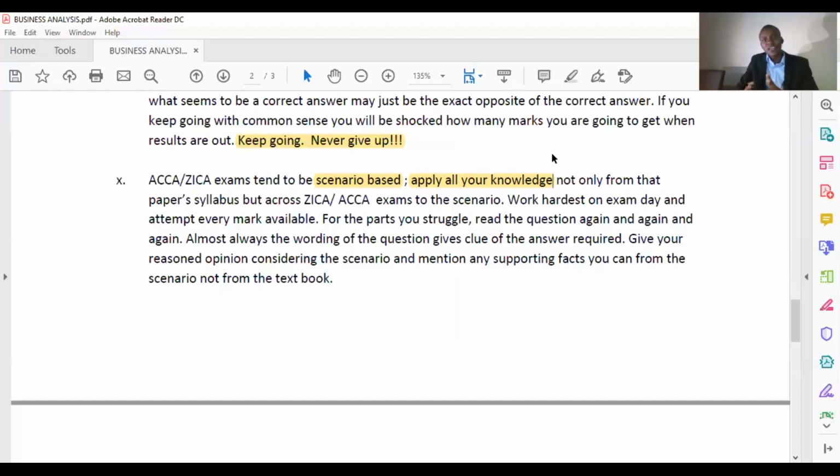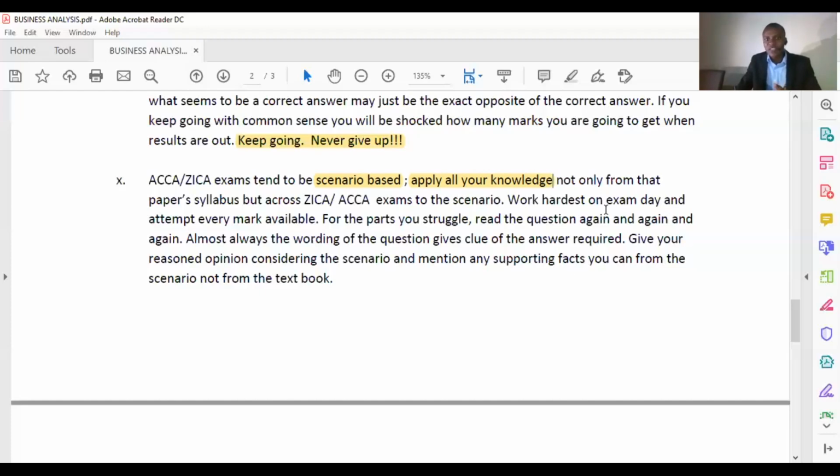What this means is that there are some things that may not be in the syllabus of this exam at all, but if they make sense, they can be applied in this exam and you'll be able to get good marks. Because what the examiner looks for when making this exam is a person who is able to think. He's not looking for a person who is able to memorize stuff. No, the examiner wants to be sure that you are thinking and not making stuff up, not memorizing concepts. You are using your common sense and you're using reasonable thinking.